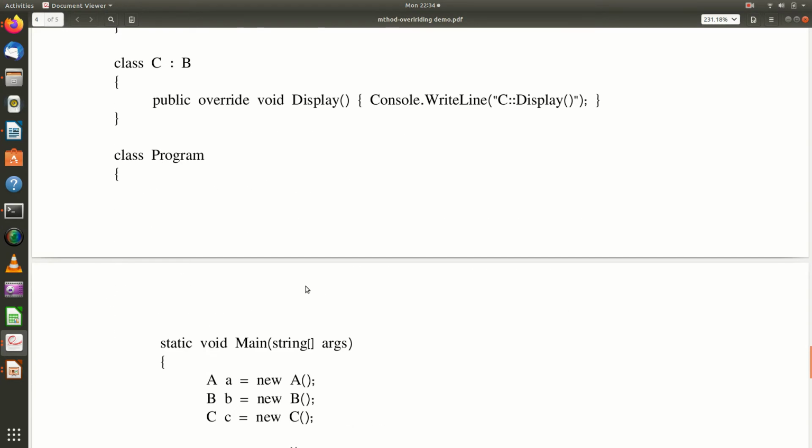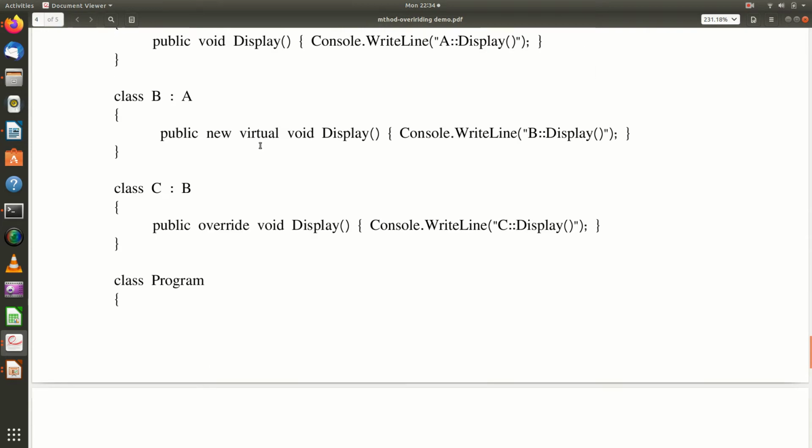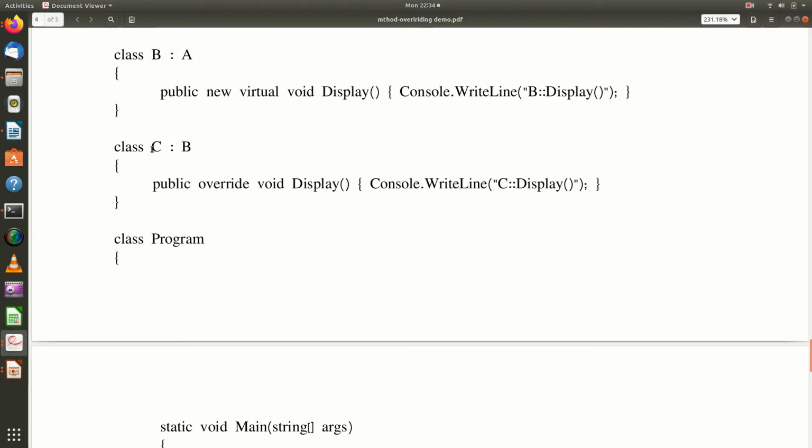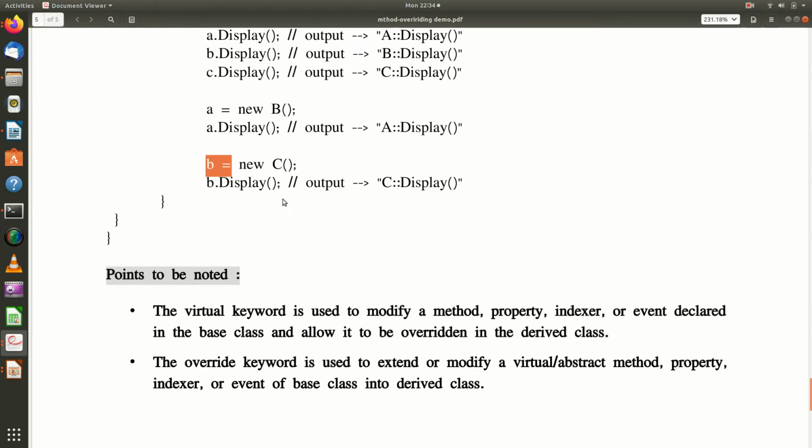But here what happens? This is a virtual method, this is a new method. It is not overriding this display method. It is not overriding this display method. So reference A was using the display method of A, whereas for class C, the display method is overridden and the base class is declaring it as virtual. So object B, though it is pointing to an object of class C, is going to invoke only the C display method and not the B display method.